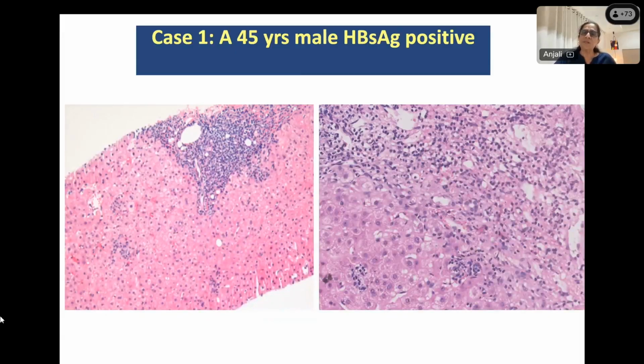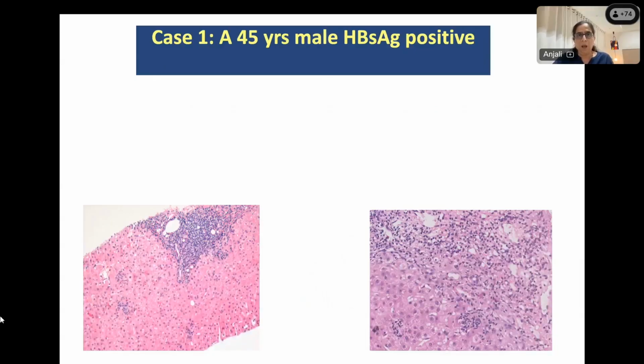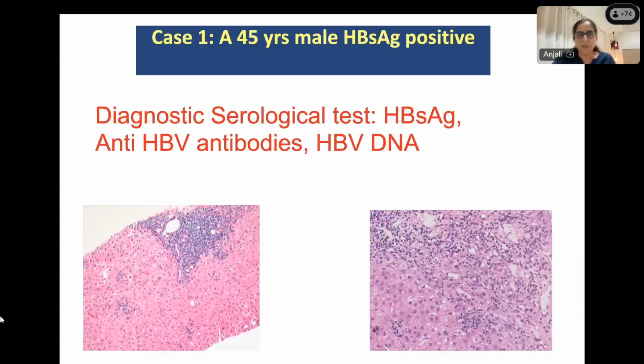This was a 45-year-old male who was HBsAg positive. As all of you know, hepatitis B lands up as a chronic liver disease. The main histology is portal inflammation, where the inflammatory cells are lymphocytes and variable plasma cells, and sometimes you can have variable fibrosis. So this is a classical picture of hepatitis B positive histology. In addition, what other features do you see in HBsAg positive patients? I will come to that a little later.